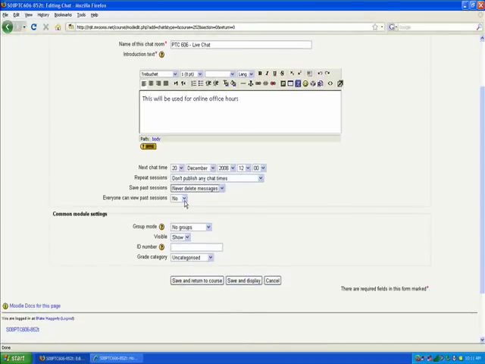And right below that, you have the option to allow students to see these logs. So if it's set to no, that means that only you can see the logs, and then you're the one responsible for distributing them. So these are the basic setting options. It's pretty straightforward. When you have the settings set to what you want, you click Save and Return to Course,